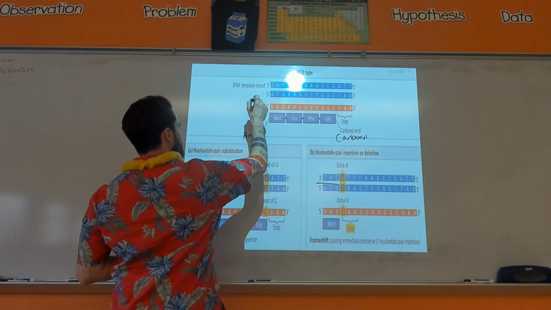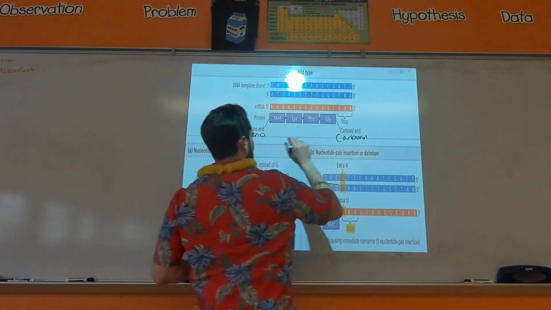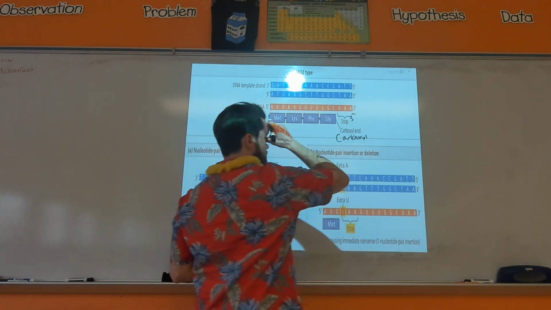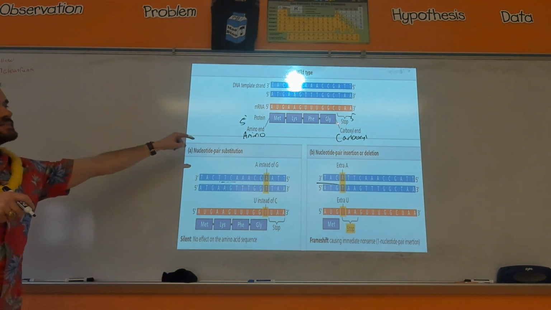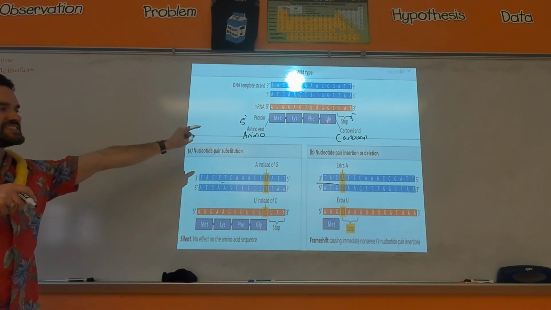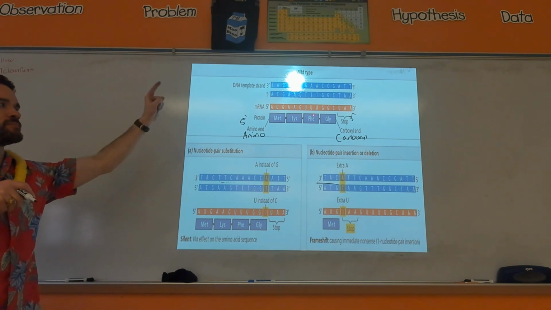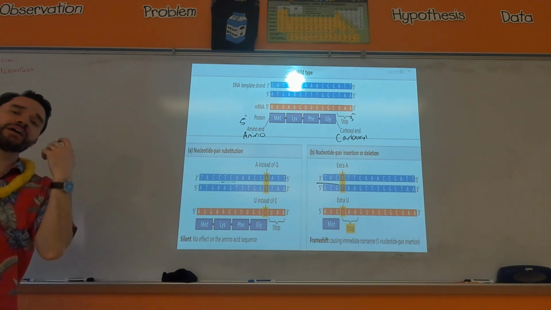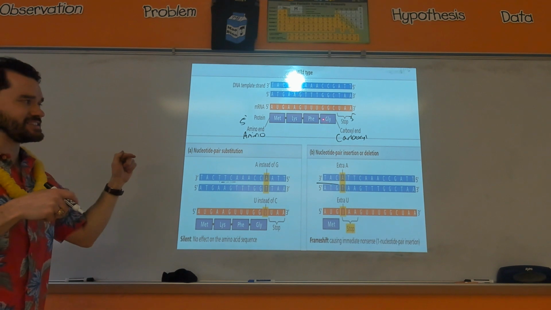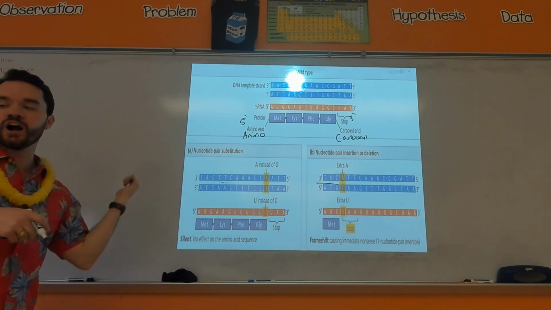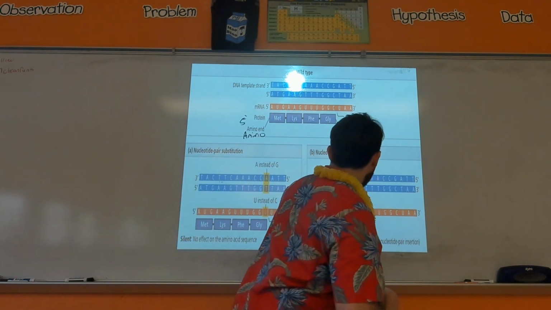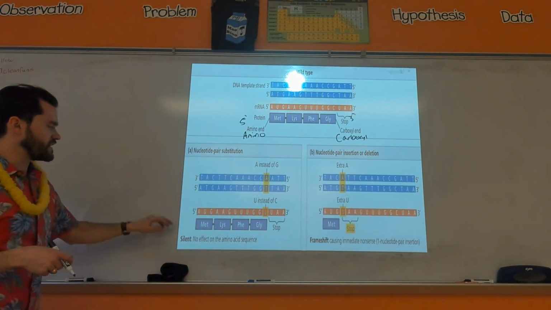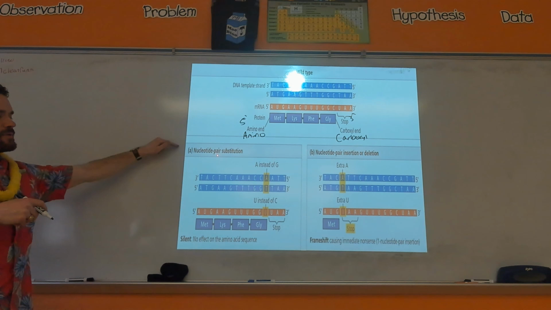Okay? Where the amino end is at the 5' end and the carboxyl end is at the 3' end. So each amino acid is added to the 3' end of the previous amino acid. Or another way of saying that is each amino acid is added to the carboxyl end of the previous amino acid. So looking at two different kinds of things going on here, we can have a nucleotide pair substitution